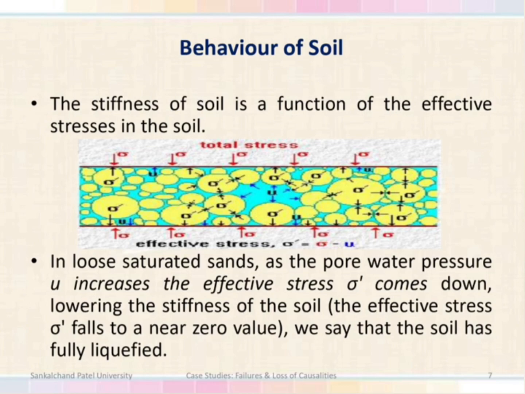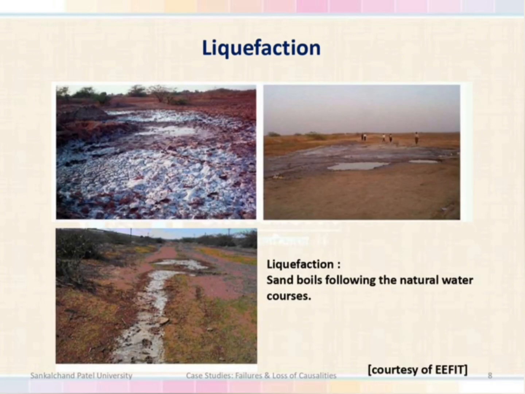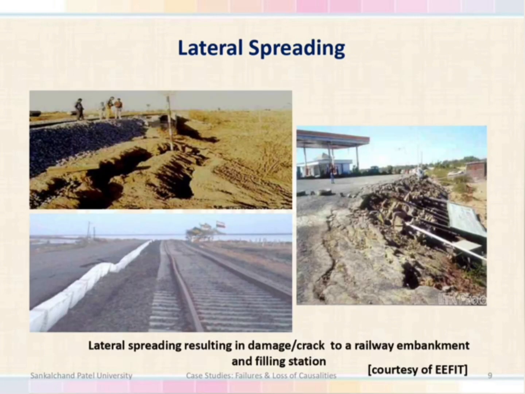When pore water pressure increases, it affects the effective stress in the soil, so generally it behaves as a liquid. So in this loose soil in the Kutch region where pore water pressure has increased, the sand boils behave in a liquid form. You can see the pictorial form of liquefaction occurring near the